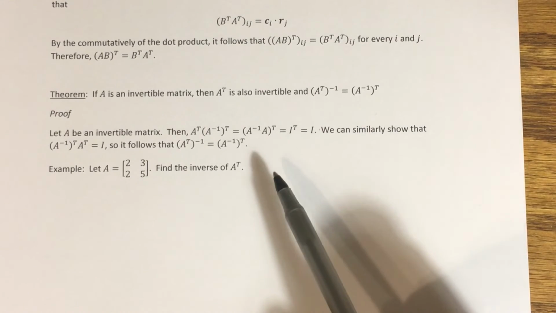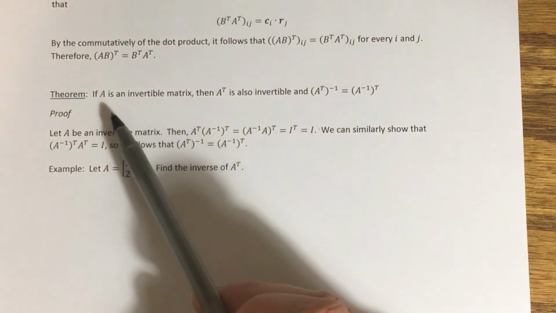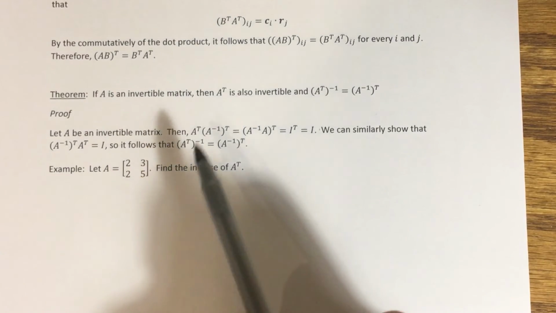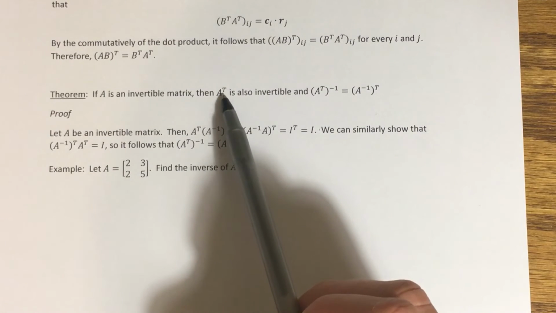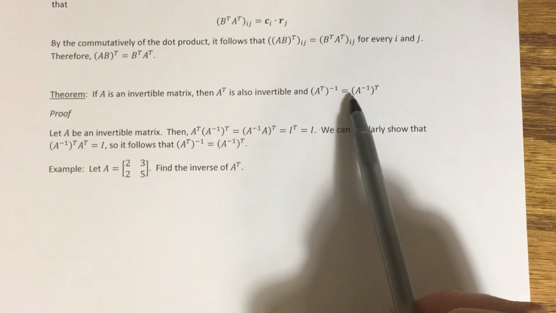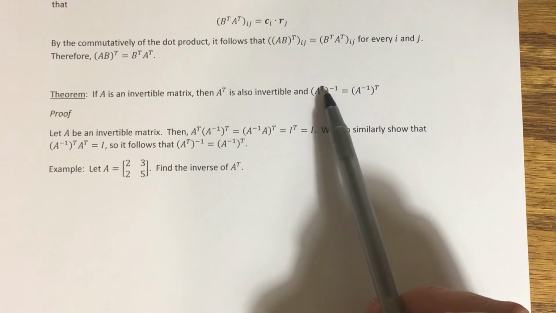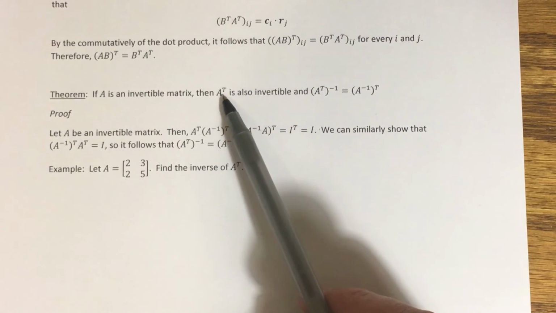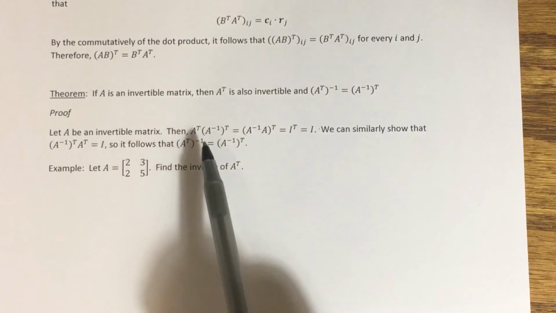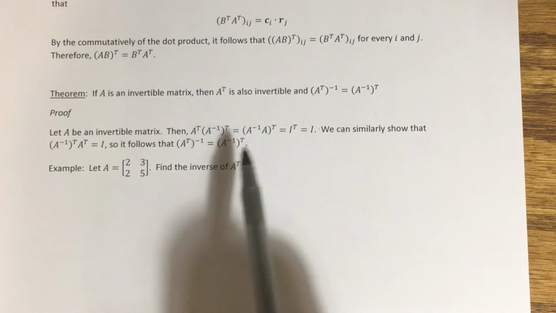So this one is easy to prove using the definition of an inverse. I'm assuming that A is invertible, but I want to show that A transpose is invertible. Then I simply need to find a matrix that can be multiplied to A transpose that gives me the identity. And this part of the theorem is telling me what that matrix should look like. So this side says the inverse of A transpose is the transpose of A inverse. This is the matrix that I want to attempt to multiply to A transpose and show that I get the identity. So doing that, if I multiply A transpose times the transpose of A inverse, notice I have a product